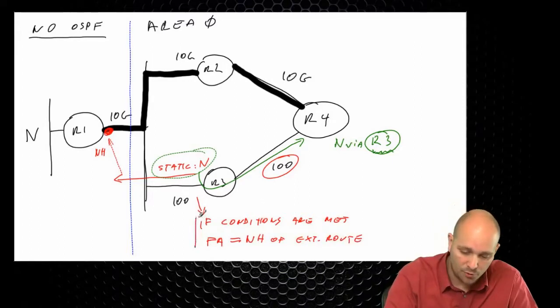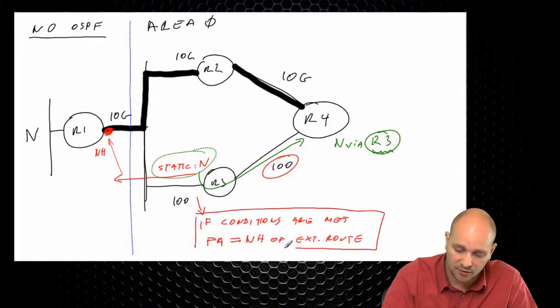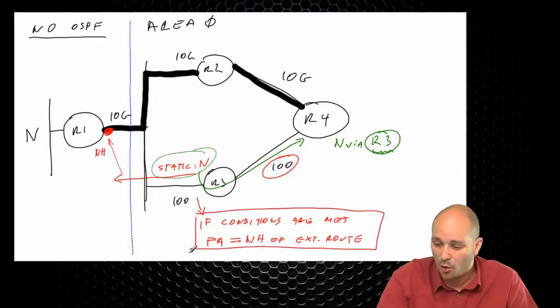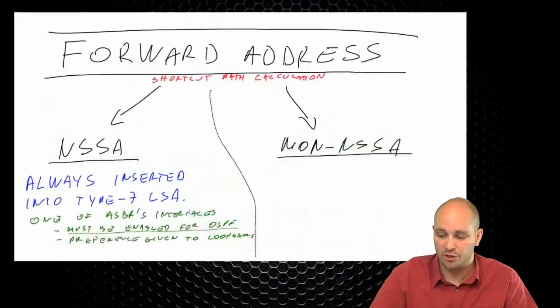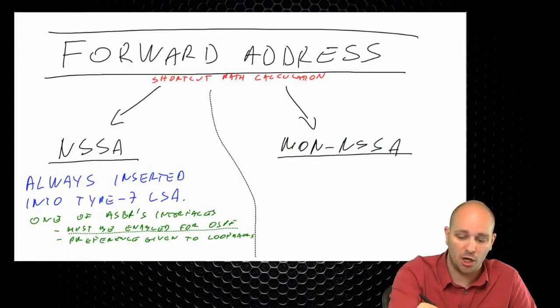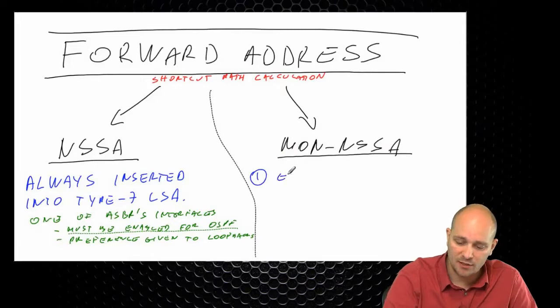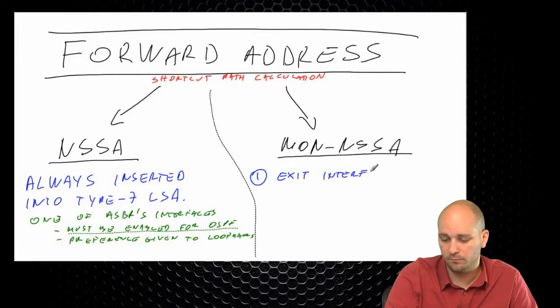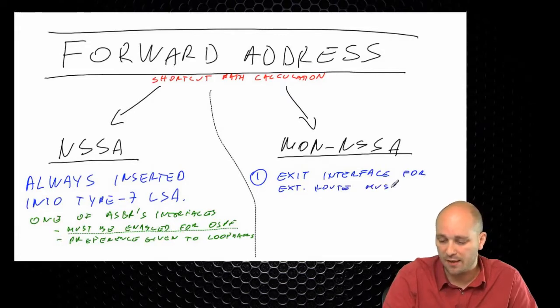But the important thing to note there is that the conditions need to be met. What are those conditions? Well, the conditions are: the exit interface for the external route must be enabled for OSPF,